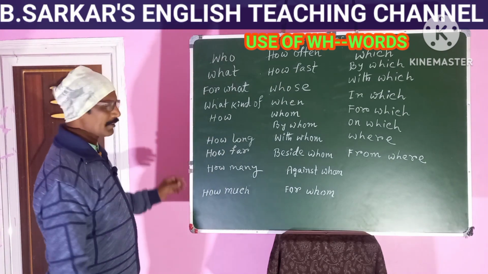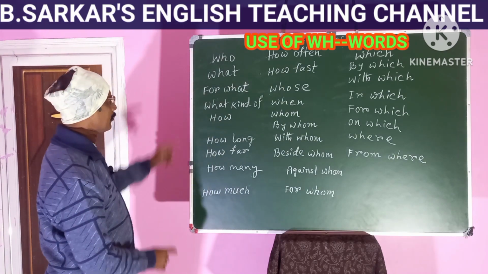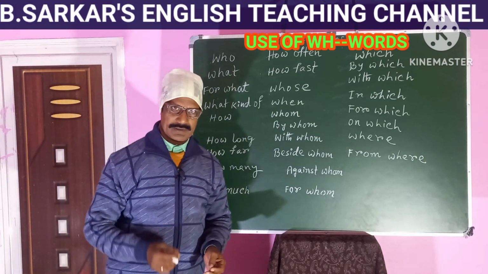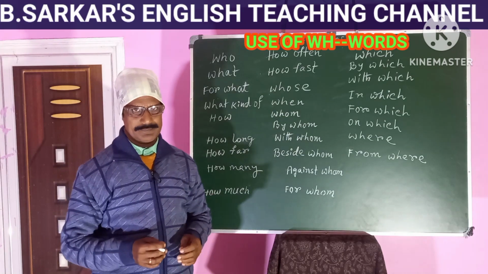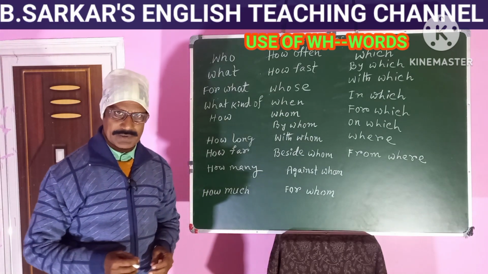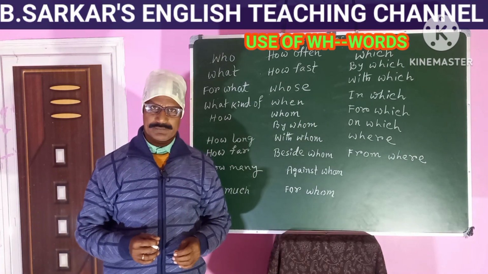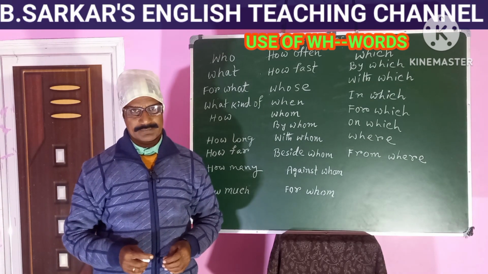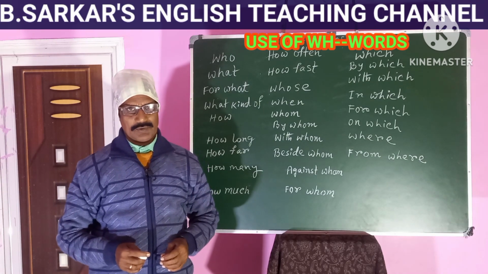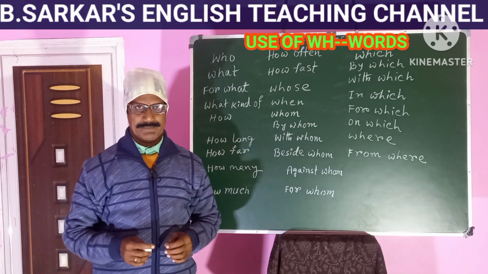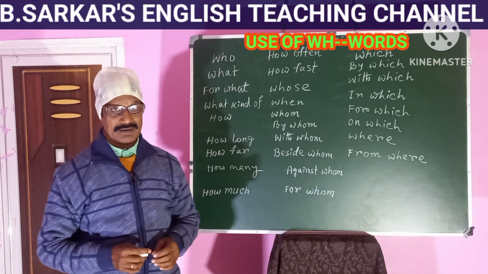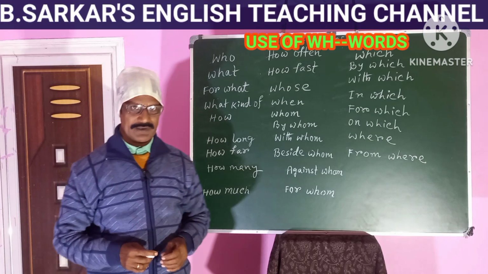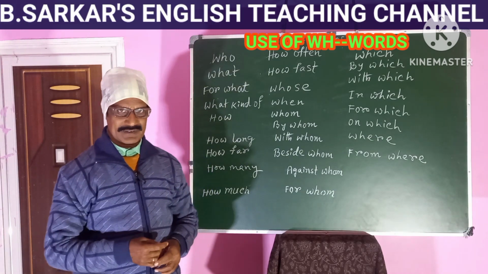Now, first of all, try to learn the use of who. You have to make different kinds of sentences applying who. As for example, you can say, who are you? Who is that person peeping through the window? Who is so base to be a bondman? Who is the tallest player in this team? Okay.